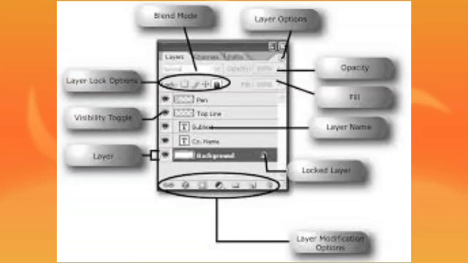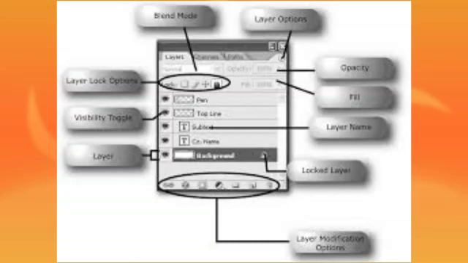Then the other option is layer visibility. An eye icon in the area indicates the visibility of layers. We can observe the eye icon on the left side of the layer palette, which indicates the layer visibility. When the eye icon appears, the layer is displayed, otherwise the layer is hidden. If the layer is hidden, the eye icon will not be displayed. So this is the visibility of layers.